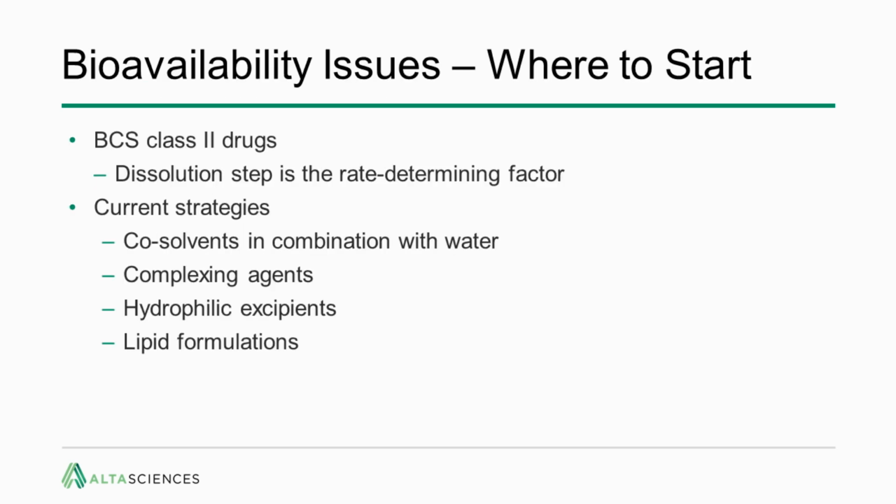Where do we start? As we discussed on the previous slide, for BCS Class 2 drugs, the dissolution step is the rate determining factor in drug absorption. Current strategies employed to improve the apparent solubility of a drug include the use of co-solvents, for example, low molecular weight polyethylene glycols and propylene glycols in combination with water to dissolve the drug, complexing agents such as cyclodextrins and its derivatives to form water-soluble inclusion complexes for the drug,